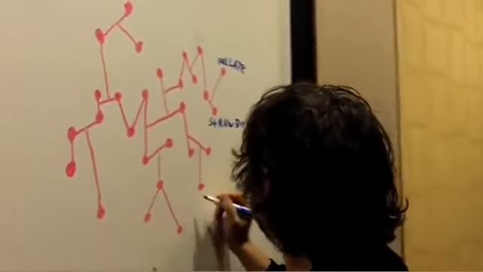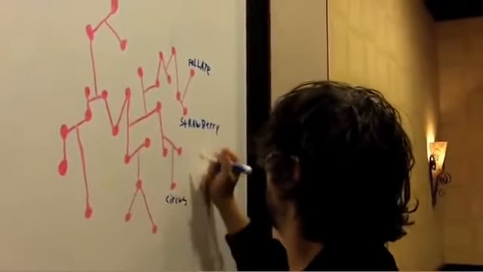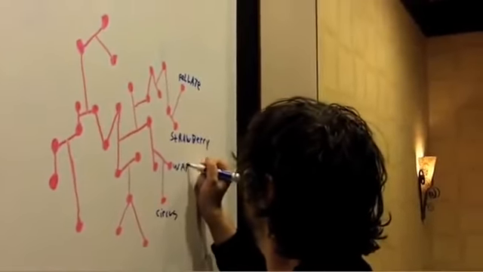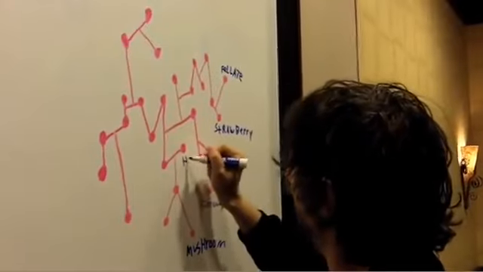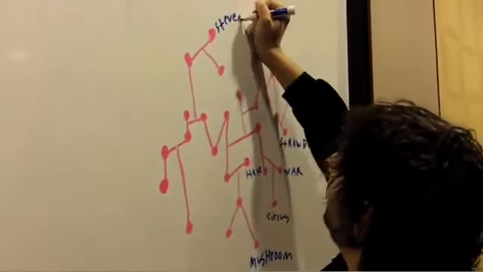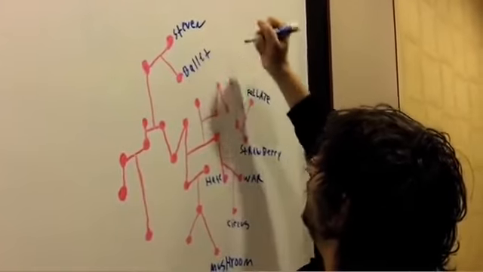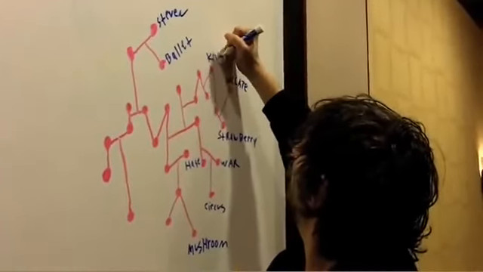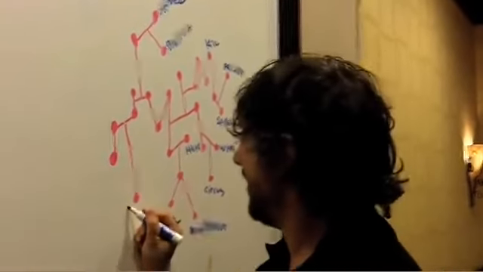Then we'll go to something like circus, war, mushroom, hate. Okay, so I think you're starting to pick up on this now. Then we go to Stephen, then ballet. Then we go to kill, then Jew, then spaz,